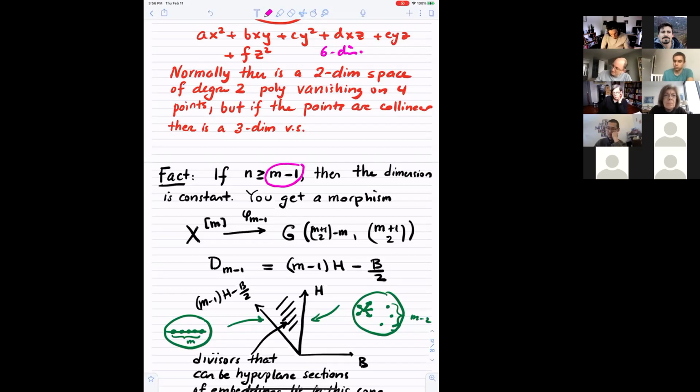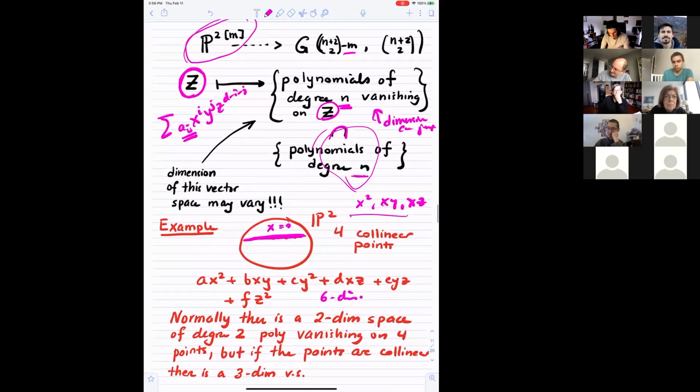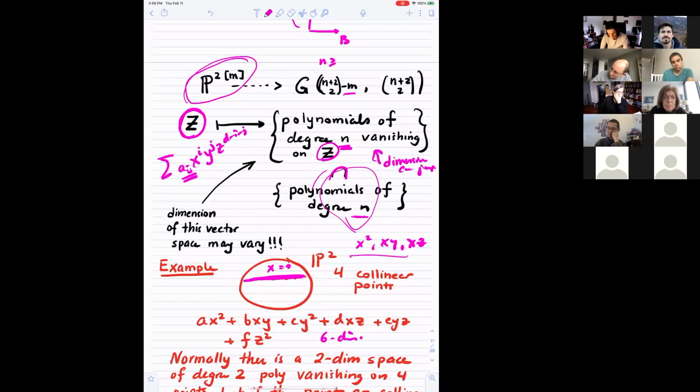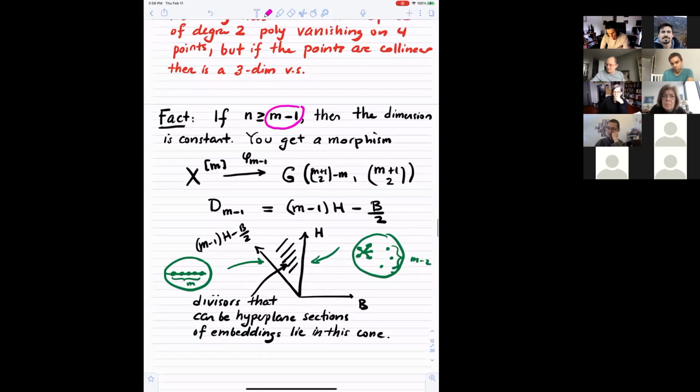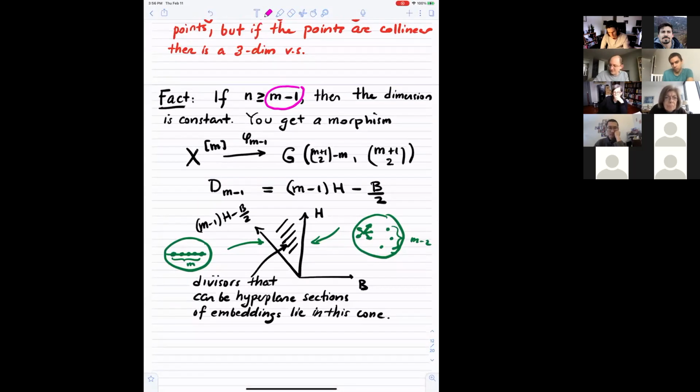So you see, in particular, when this n is bigger than or equal to m, it's not just a rational map anymore. You get a morphism in that case. Okay, so then you see, for instance, this is enough already to characterize all the divisors that can be realized as